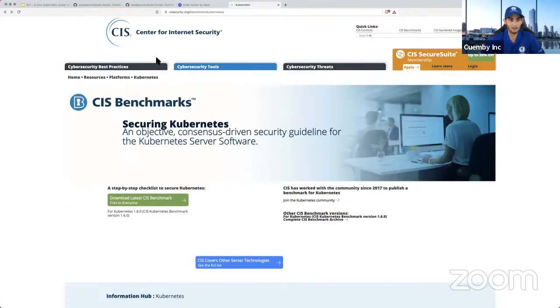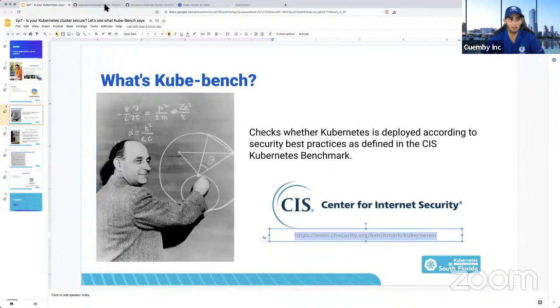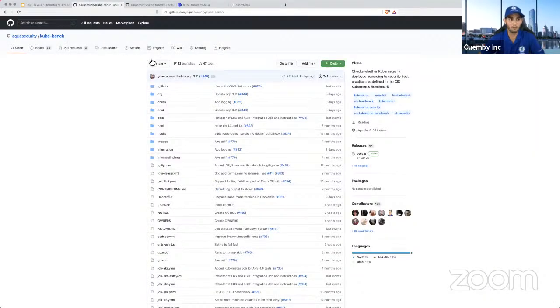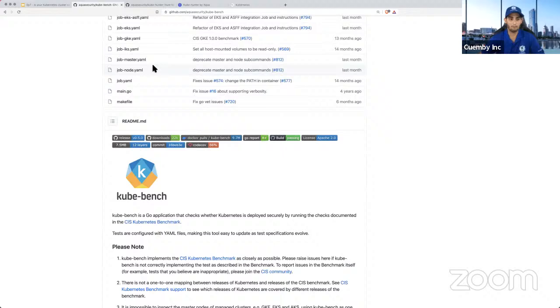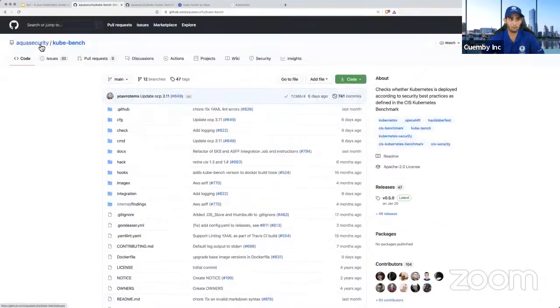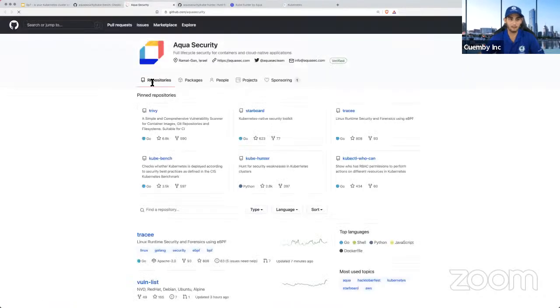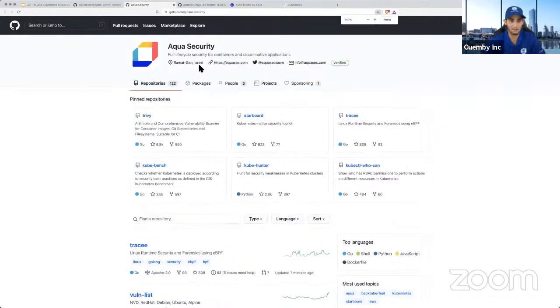So that's one of the things that I wanted to show you. Then I wanted to show you a little more about Kube-Bench. This is the repo. Let me just open it here. Like I said, it's developed by Aqua Security. By the way, I'm not getting paid for this, I just think it's a great tool, so it deserves the mention. Actually, they're from Israel, so I was wrong. I apologize, for some reason I thought they were in the UK. But anyways,